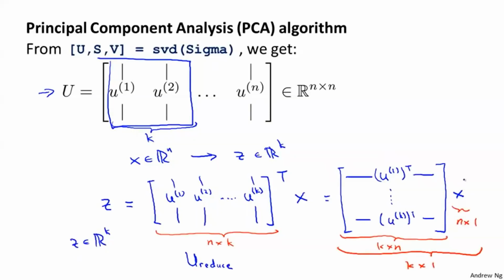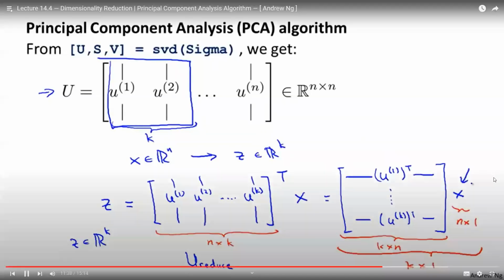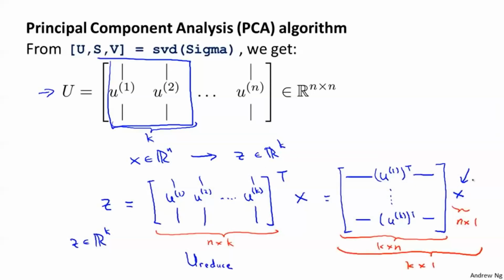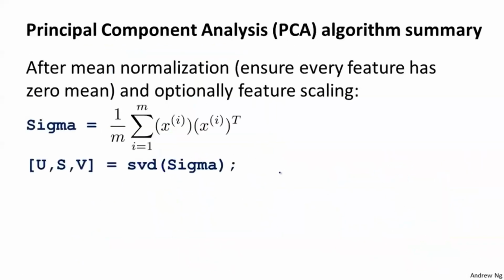And of course, these x's here can be examples in our training set, can be examples in our cross-validation set, can be examples in our test set. And for example, if I want to take training example i, I can write this as xi, and that's what will give me zi over there. So to summarize, here's the PCA algorithm on one slide. After mean normalization, which ensures every feature is zero mean, and optionally feature scaling, which you really should do if your features take on very different ranges of values,